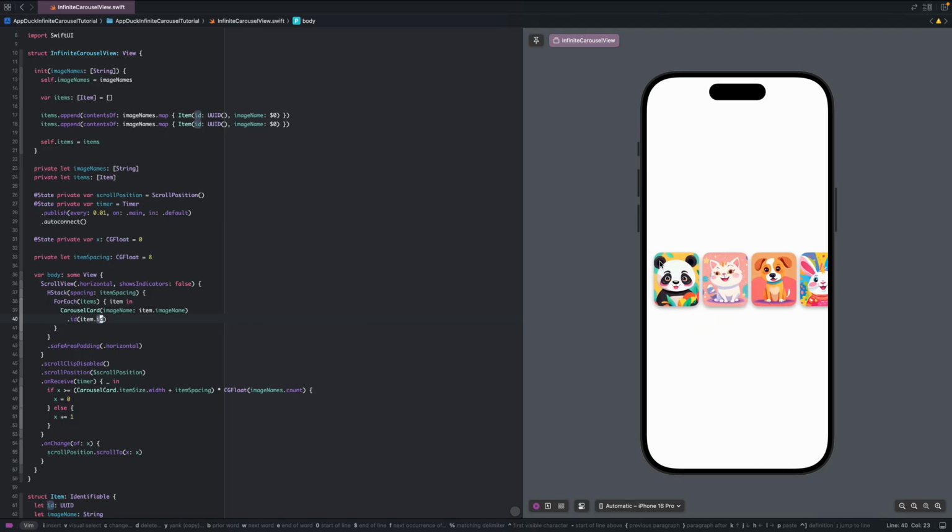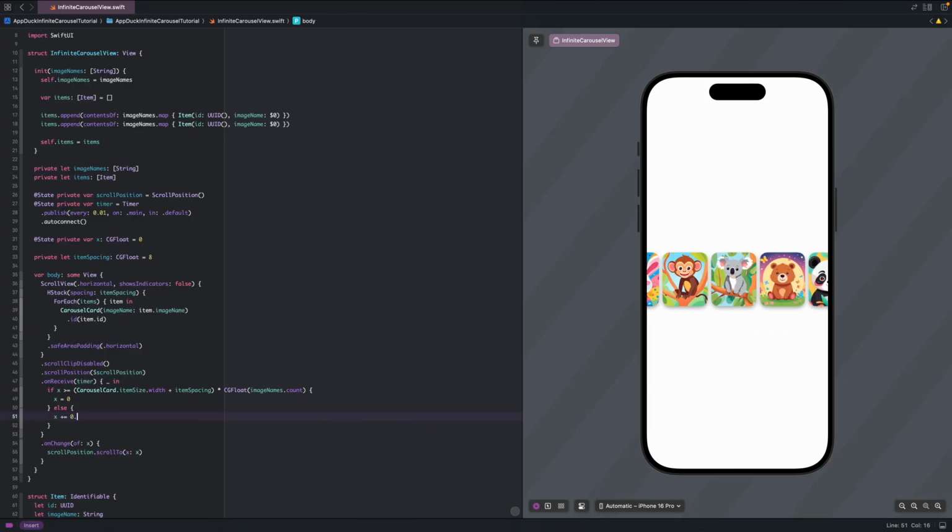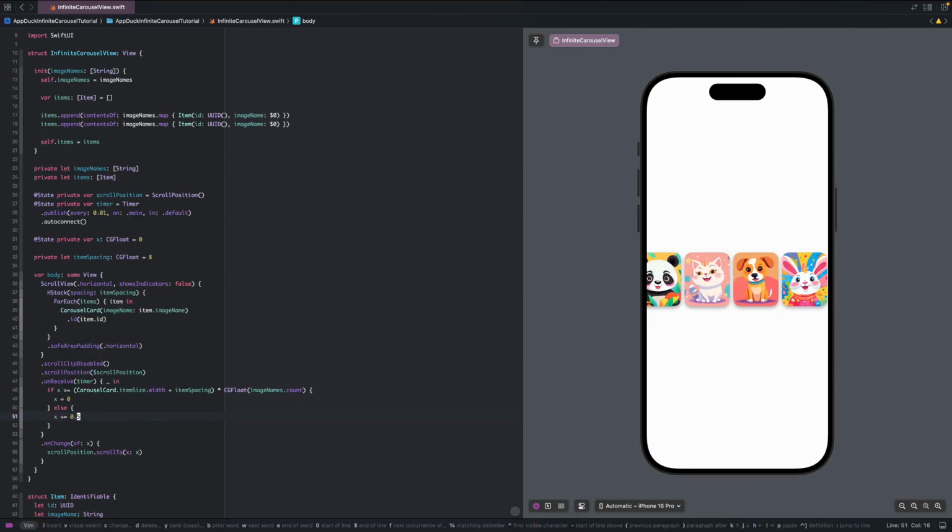But I will slow down the speed to show you something. Here, you can see